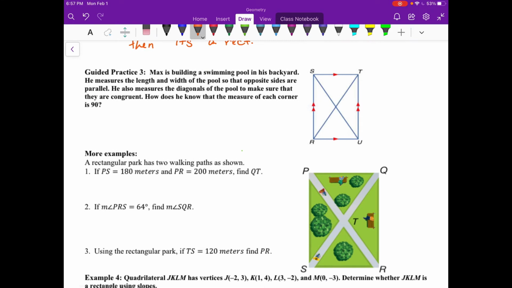Moving on down, another word problem. Max is building a swimming pool in his backyard, and he measures the length and the width of the pool so that the opposite sides are parallel. And he also measures the diagonals of the pool to make sure that they are congruent. How does he know that the measure of each corner is 90? Well, if the diagonals are congruent,